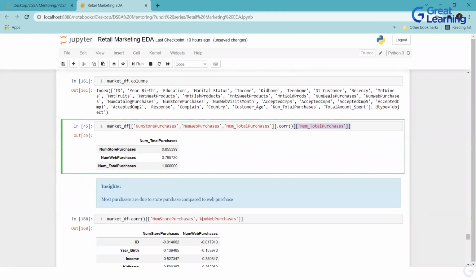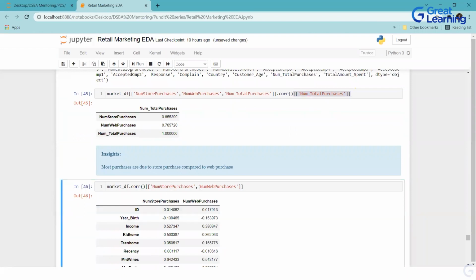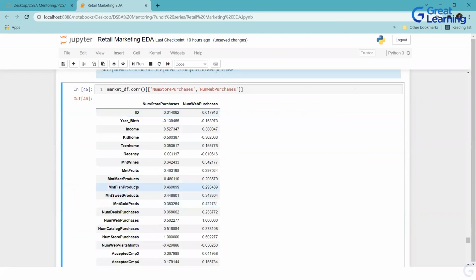Yes. Now what I have done is I have seen the correlation of all the columns with web purchase and store purchase. Why have I done this? I could have taken each and every product also. I want to see the amount. So if you see, the amount on wines is highly correlated with the store purchase compared to web purchase. Same goes for fruit, meat, fish, and sweets.